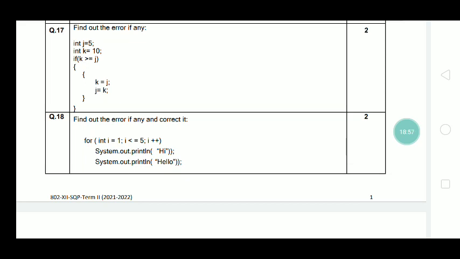Question number 18: find out the error, if any, and correct it. The code is for (int i = 1; i <= 5; i++), next System.out.println("hi"), System.out.println("hello"). In this case, mark one thing that has not been mentioned in the question: